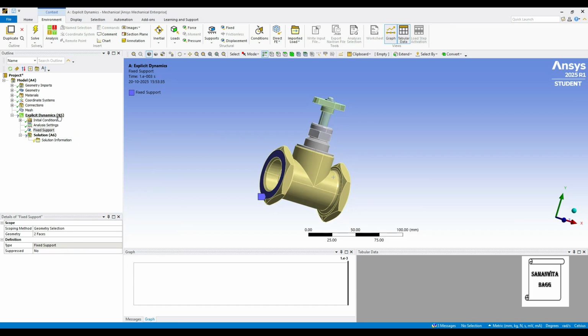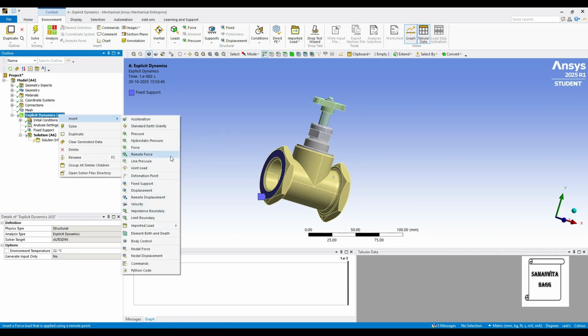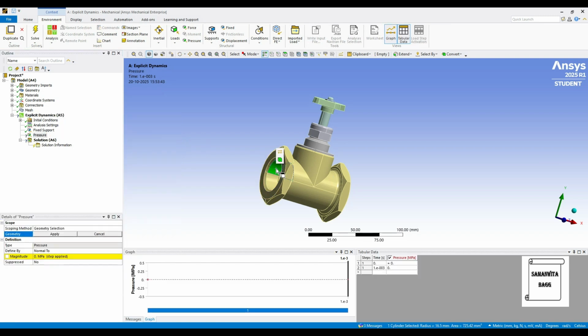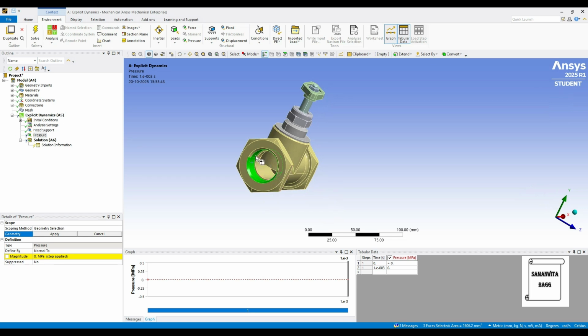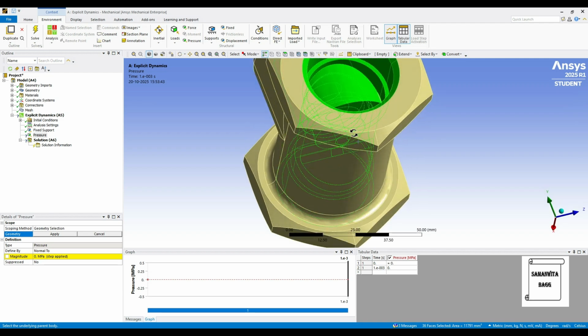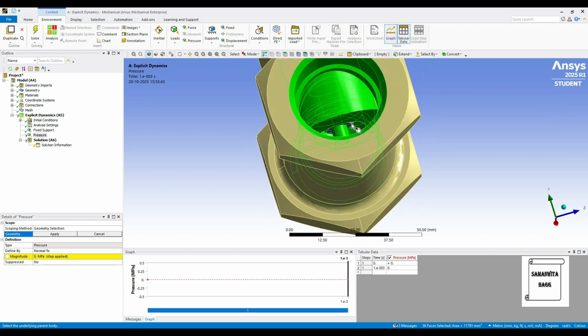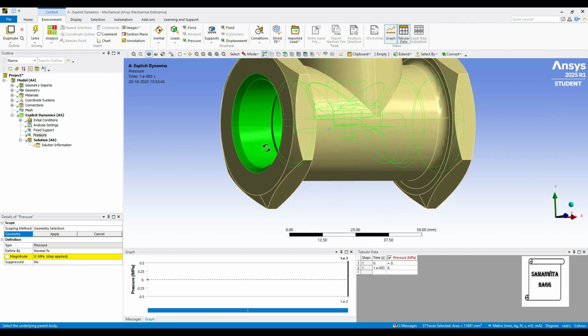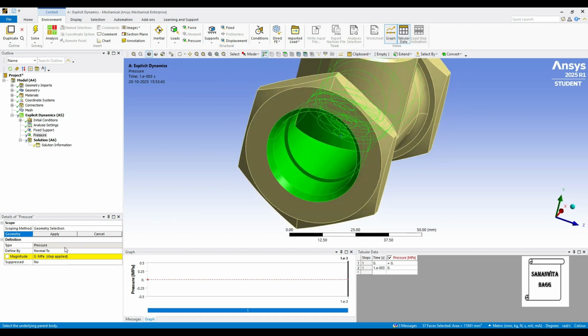Then we'll click here, right click, insert pressure on the internal surfaces. So once we have selected all of this, we'll click on apply.